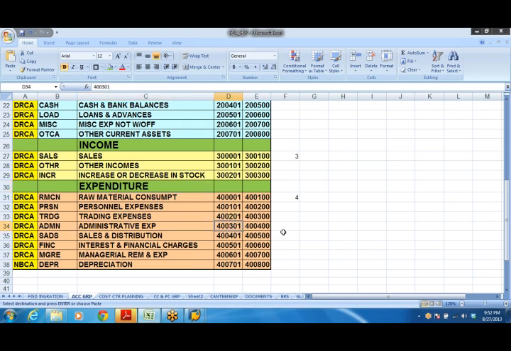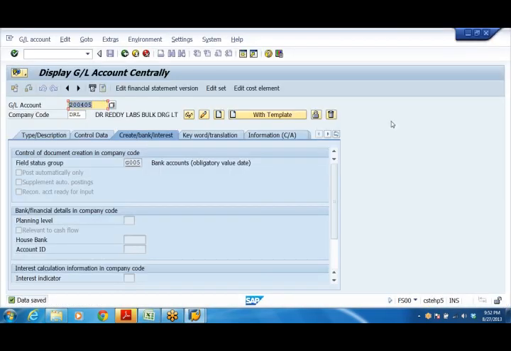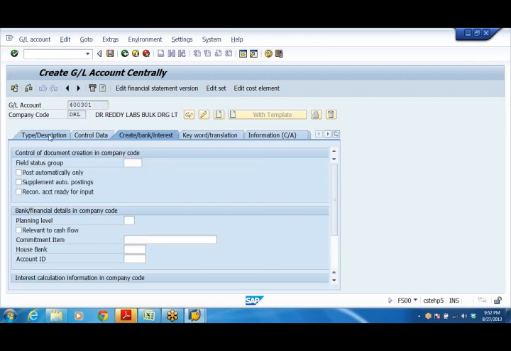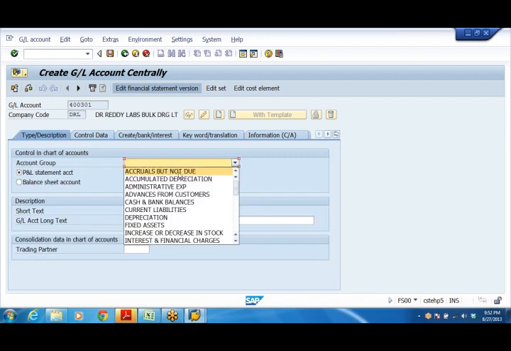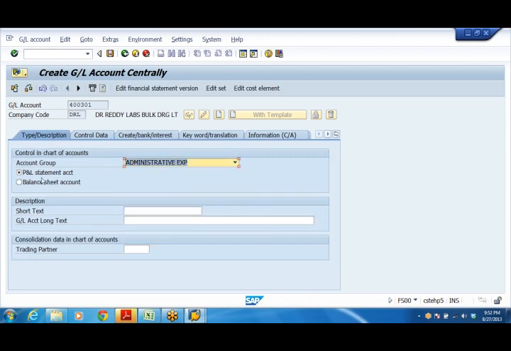That's why I have taken 400 301 from the administrative expenses group. Click on create. So this is an admin group, P&L account. By default the system is also showing P&L account. Say, office rent.